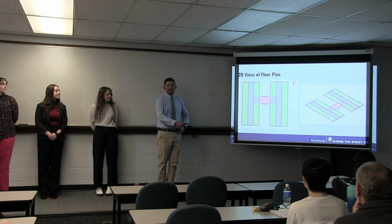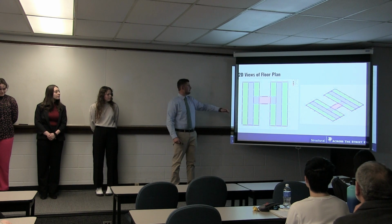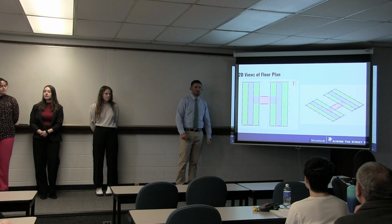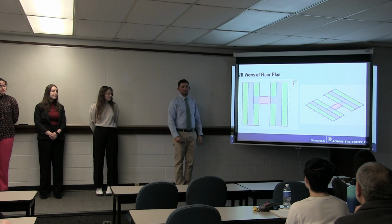Since I've mainly only designed the second floor so far, all these loads are second floor loads. I didn't consider any of the roof loadings yet, because they're not part of the second floor, they'd be a factor on top of the roof. So when I'm designing the roof beams, which is part of my future work, I'm going to look into the wind loads and the things that'll be a direct loading on top of the roof, if that